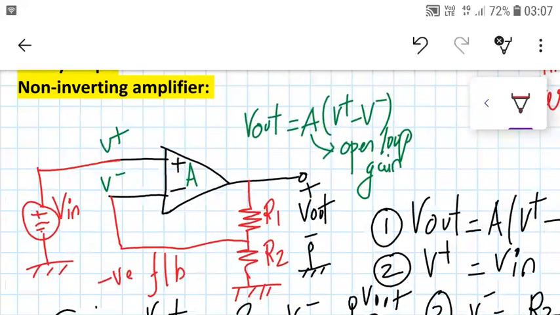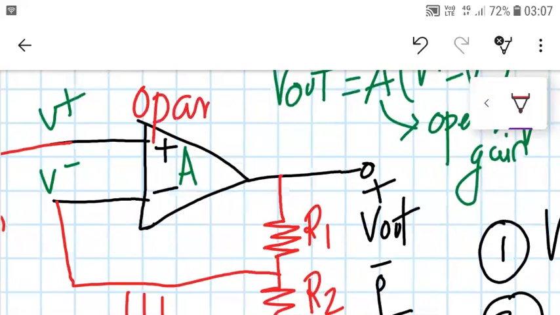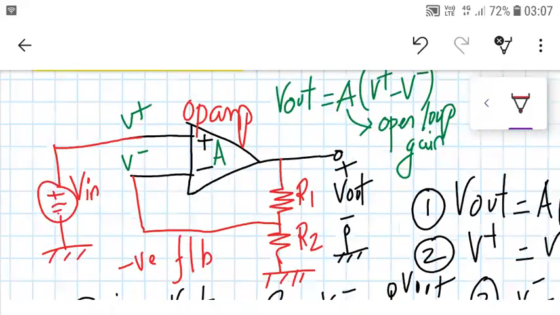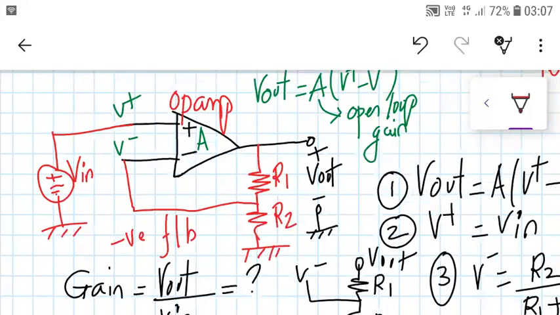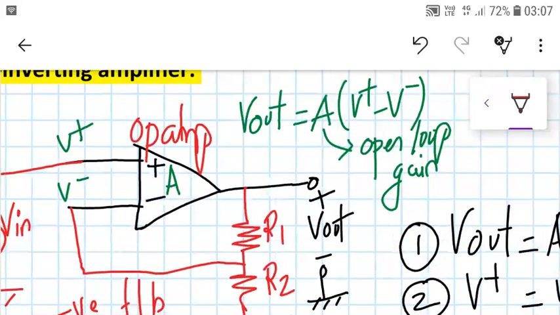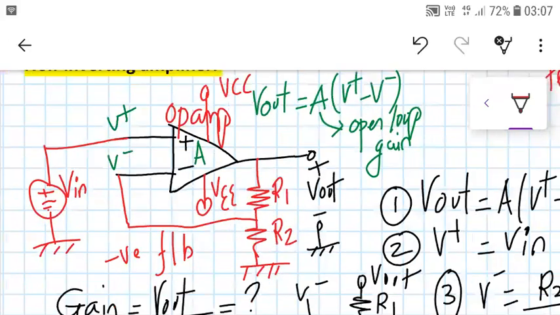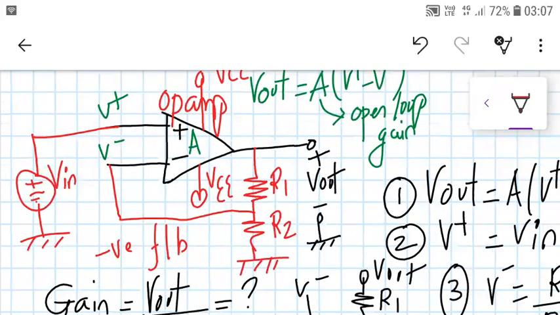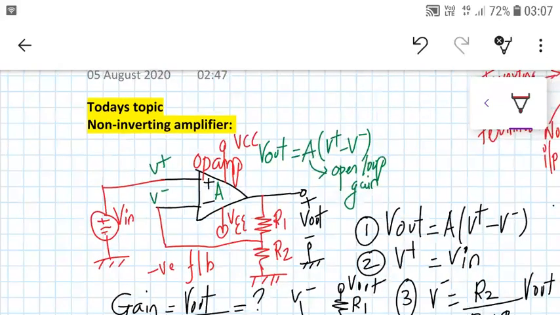So this is my op-amp, my operational amplifier. Using this op-amp, life has become extremely simple. If you want to make an amplifier, just connect two resistors and power up the op-amp. Obviously, I have not shown the power connections. It is connected to VCC and to VEE. It's understood. From now on, if we don't show it, it's already connected. So we have to consider that. That's how a non-inverting amplifier is built up.